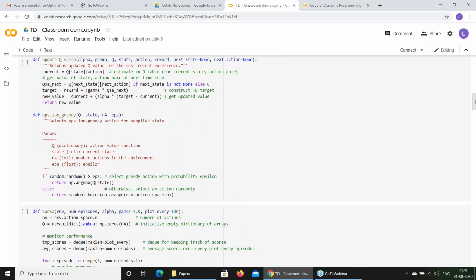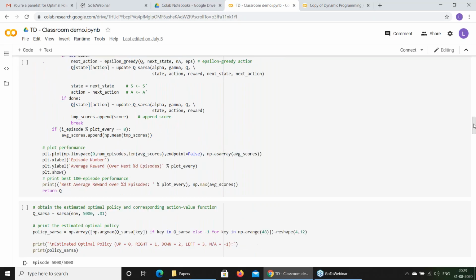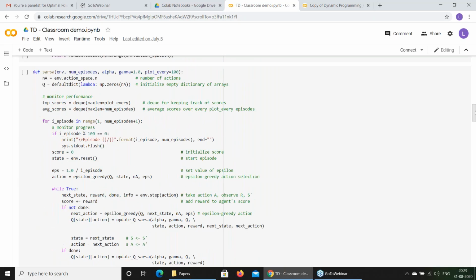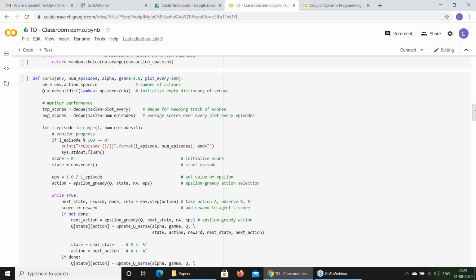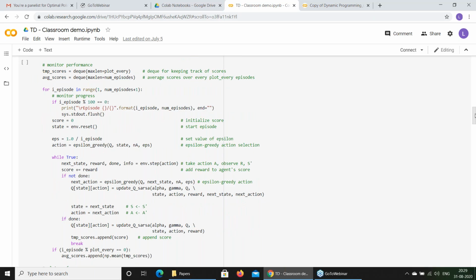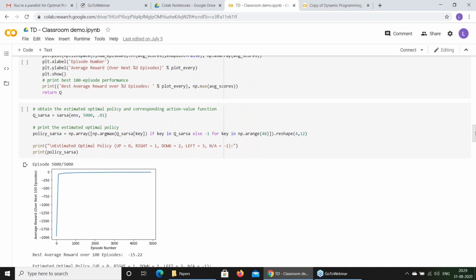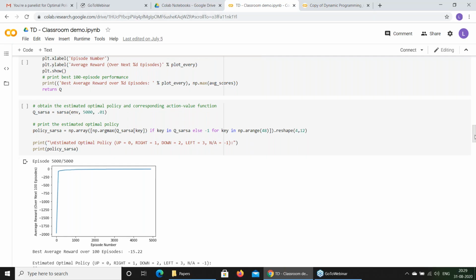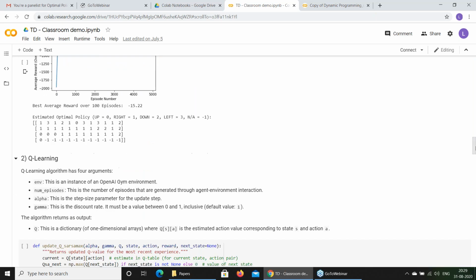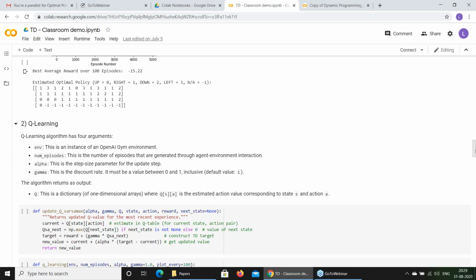Then we are able to complete our thing. SARSA number of episodes is defined. Then we are able to plot the graph. So after some episodes it attains the optimal policy, then no further improvement is there. Then Q learning is nothing but SARSA max. Here we refer to it as SARSA max. That means max is the maximum of the probability.